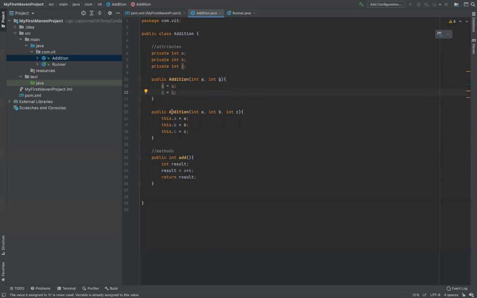So by using this, I am making sure that this value I am allocating with this value, which is this dot b here means this, and b means what I am passing from outside. Why do I have to do this? Because I am using the same name. If I use a different name, then there's no need to use any this keyword here. There's absolutely no need to use this. You can just do this. Okay, got it. So that's the reason I have to use this keyword here.